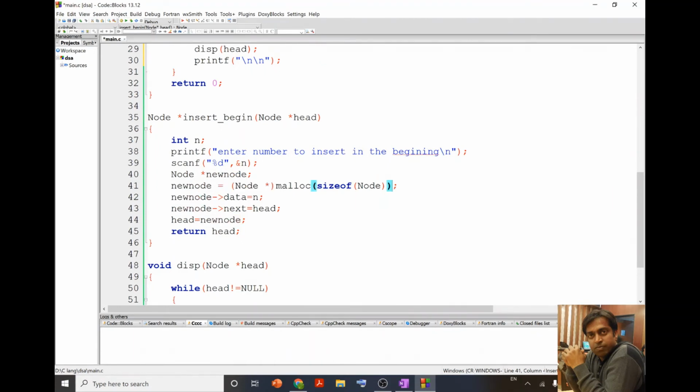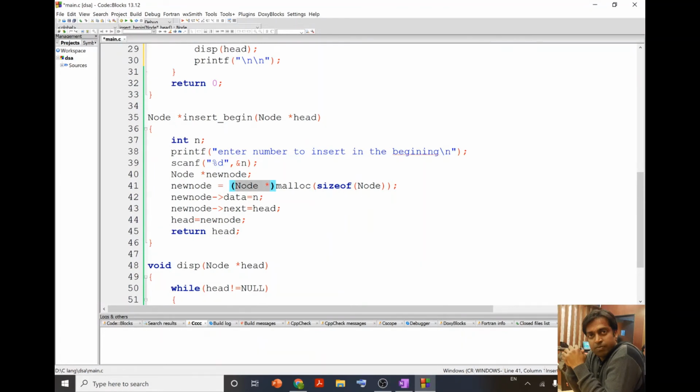And then with the help of this malloc, I ask the compiler to reserve the memory. In malloc, I ask that the compiler reserve memory of this size, size of node. Whatever amount of memory our structure node requires, I ask the compiler to reserve that amount, and the data type I declare as node star.